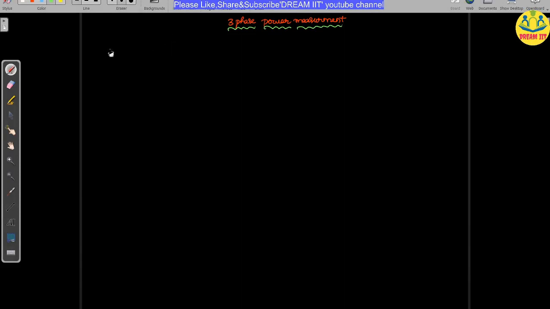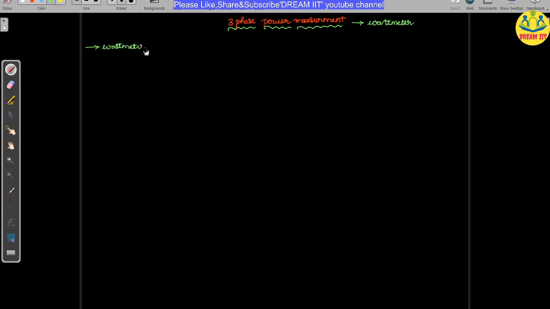Today we are going to start the measurement of three-phase power. So how are we going to measure the three-phase power by using watt meters? For power measurement we are going to use the watt meters. How many methods are there for the measurement of power? Before going to that, what are the watt